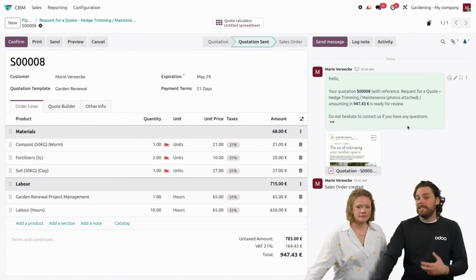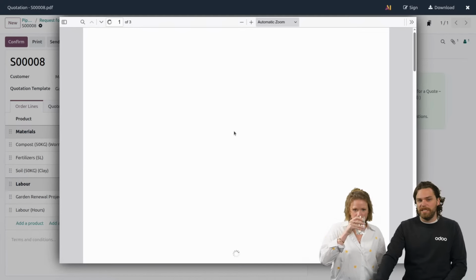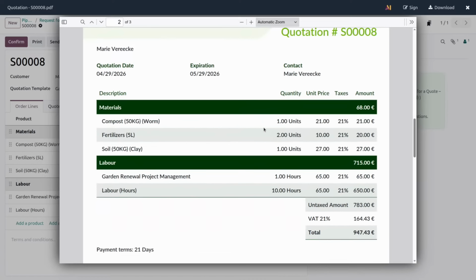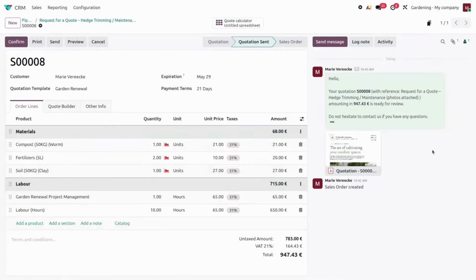It's automatically going to end up in the chatter on the right here. So we see here our quotation. So we've made a specific quotation with images and everything, and we see the quotation here with all this information. So like Marie said, that's great because if I'm gone, she can find all the information on this quotation as well. What's going to happen on Marie's side, she's indeed going to receive this email, but